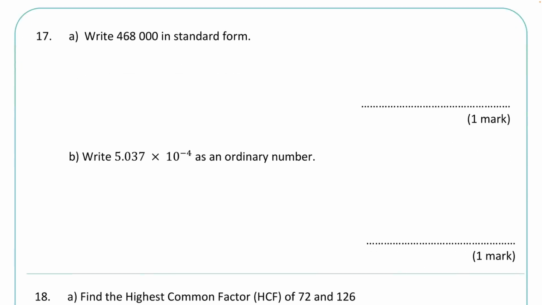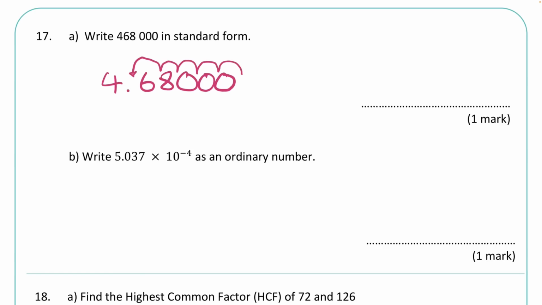So here we have some standard form conversions. So when we are converting into standard form, the number has to be between 1 and 10. So we want the decimal to go in between the 4 and the 6. We want it to be 4.68. We've got these 3 zeros at the end. So to get there, it's 1, 2, 3, 4, 5 jumps, or in other words, 5 multiples of 10 that